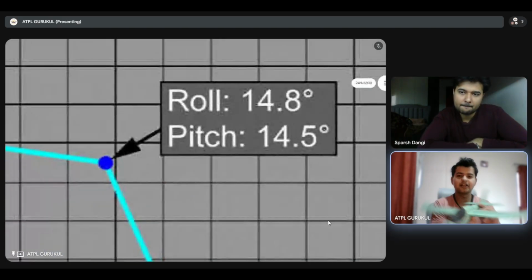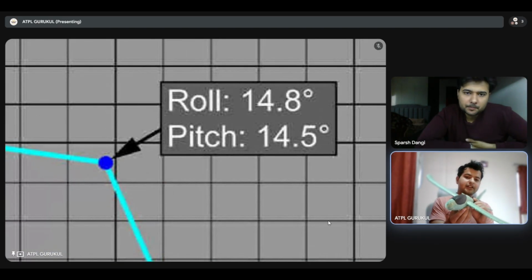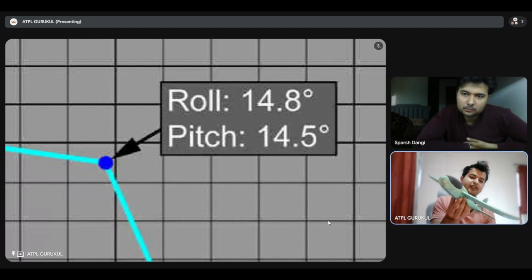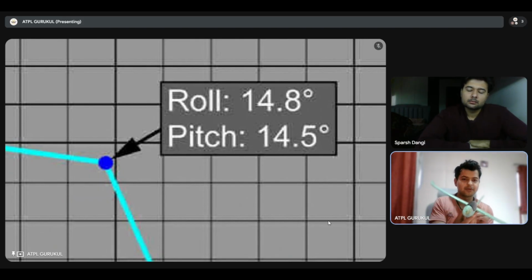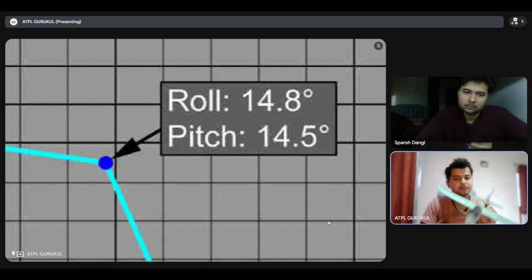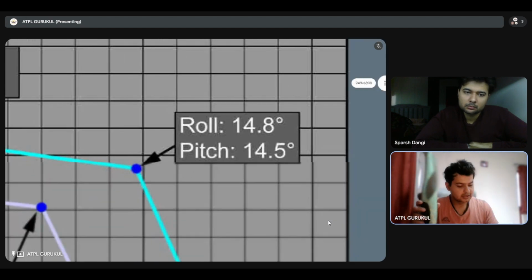Now let's go. अब ये कह रहे हैं कि तुम्हारा रोल 14.8 डिग्री करोगे तब जाके तुम्हारा 14.5 पे टेल टच होगा। इतने रोल पे इतना पिच करोगे तो जाके तुम्हारा टेल टच होगा। 14.8 के रोल पे 14.5 का तुम पिच अप करोगे तब जाके तुम्हारा टेल टच होगा।